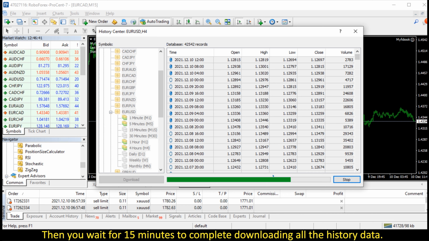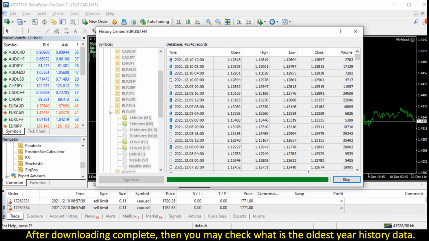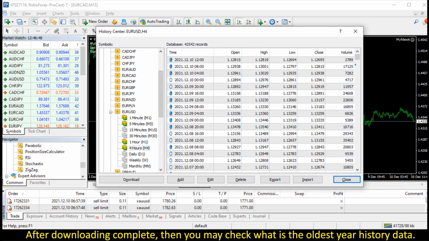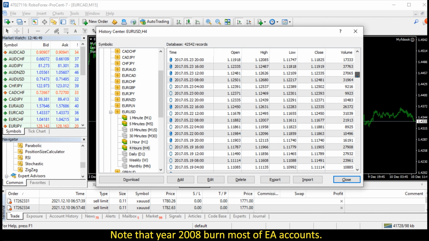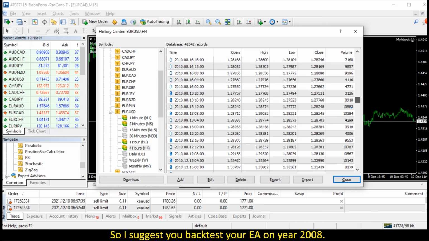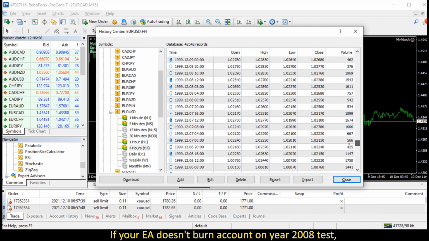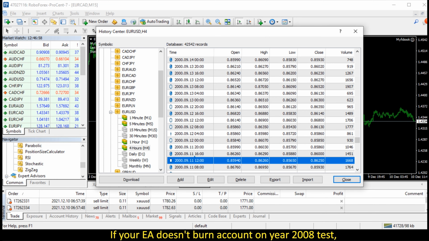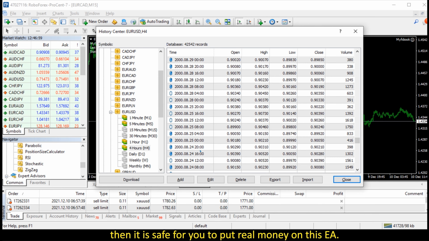Then you wait for 15 minutes to complete downloading all the history data. After downloading is complete, you may check what is the oldest year of history data. Note that year 2008 burned most EA accounts. So I suggest you backtest your EA on year 2008. If your EA doesn't burn the account in the year 2008 test, then it is safe for you to put real money